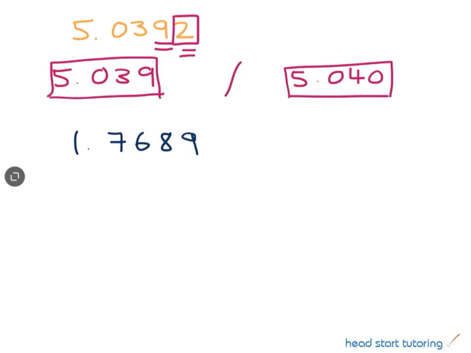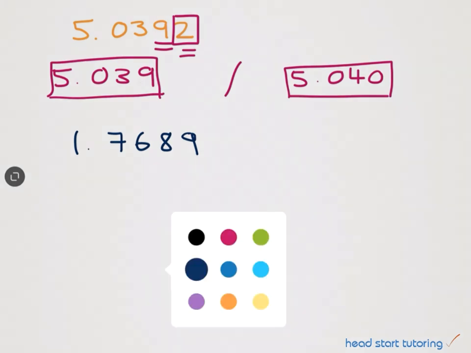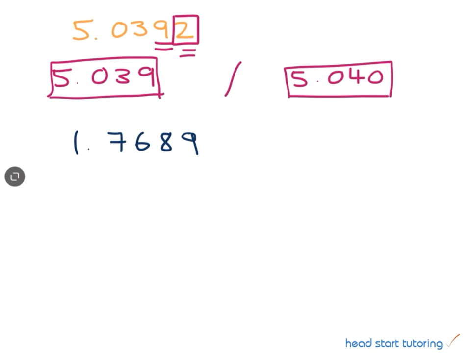Right, if we have a look at 1.7689, we again are going to be rounding off to the nearest thousandth. So we need to have a look at our 10 thousandths column where we have 9 10,000ths. And we then need to understand that because this number is 5 or greater, this digit is going to round up to 9. And that is because we are adding 1,000th to this number. So we are adding 1,000th, which is equal to